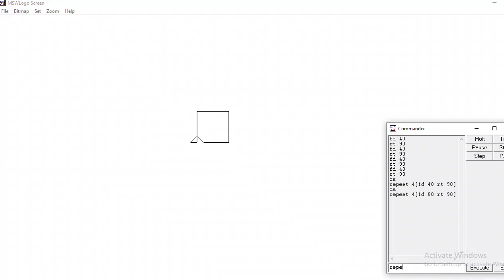So if I want a big square, I will write FD, suppose, 200 and RT 90. RT will always be 90 because I have to turn a straight 90 degrees. I don't want to turn it to any other particular angle. Because I have not done CS, the earlier one is already displayed and this one has come again. So I want to make one other big figure. Repeat 4 FD, it was 200 earlier, now I will take 400, RT 90.